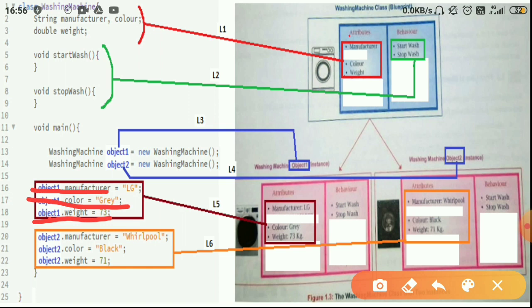Again, same thing: object name, dot, and after the dot you write the instance variable name. So object2.manufacturer is equal to Whirlpool. Similarly, object2.color is equal to black. And finally you are assigning the weight of object2, the second washing machine, which is 71.